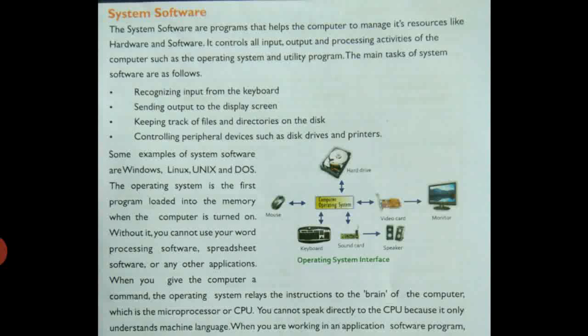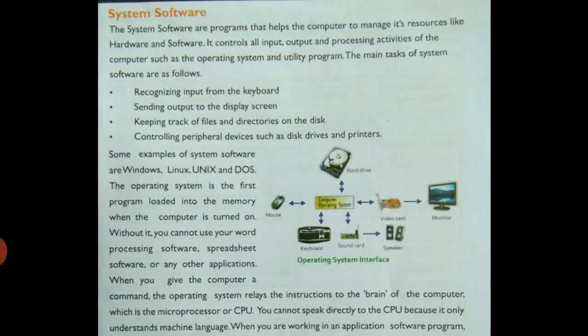Now, what are the main tasks of system software? Just see. First, recognizing input from the keyboard, means whatever inputs are given by the user to the computer will be recognized by the system software. Second, sending output to the display screen.